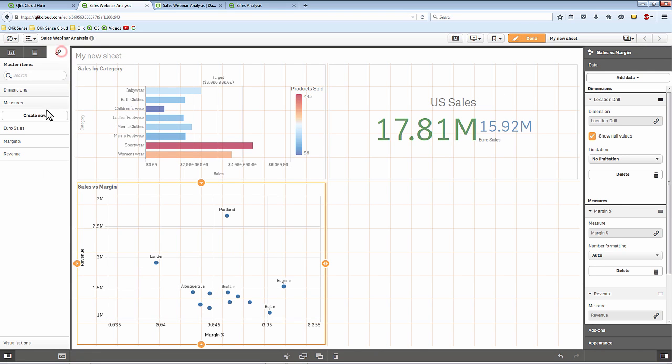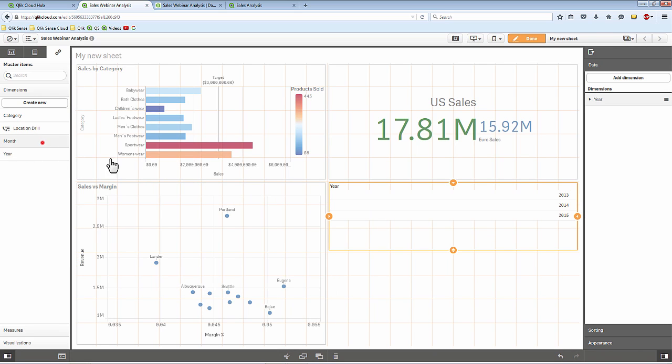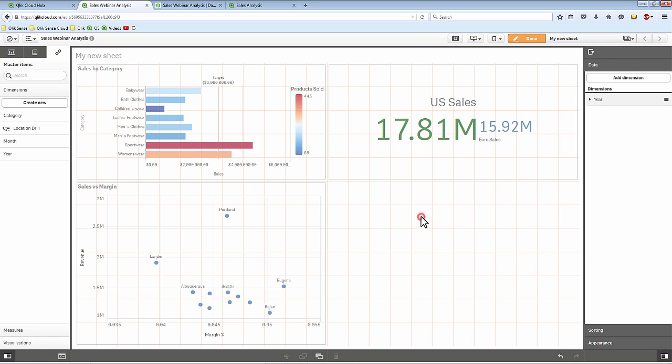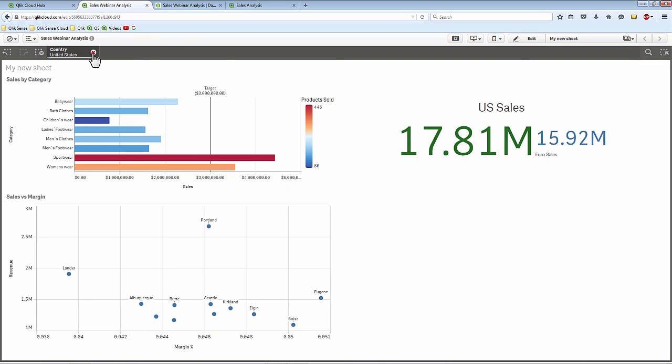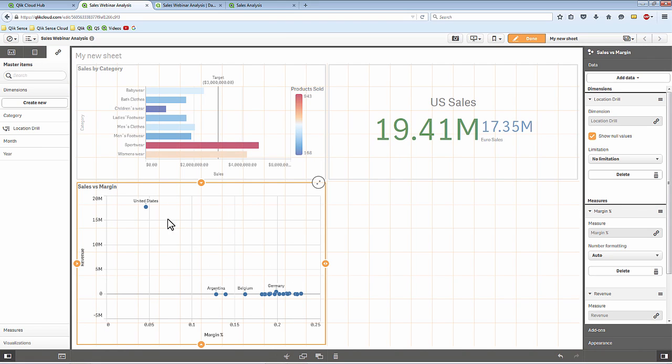Okay, and then just for your reference in regards to the years and the months that we've created, there are the years and there are the months. Okay, so let me just clear that up. Getting back to this particular chart object, let me clear out country. Now, a note about the scatter plot. You can clearly see that the United States is considered an outlier when it comes to margin versus sales, and that's because of its distance away from the other dots. And then this location here is showing, let's say, more of a nominal percentage for margin and sales.